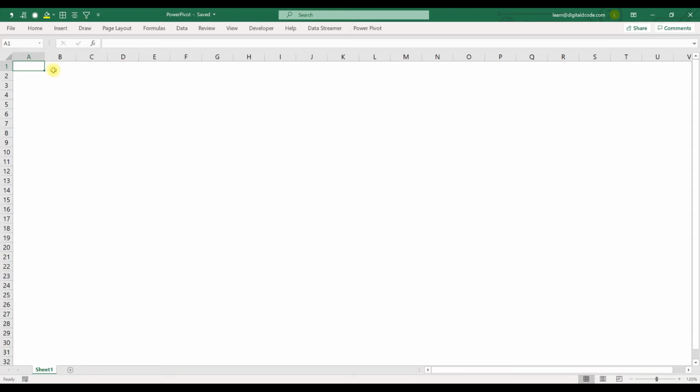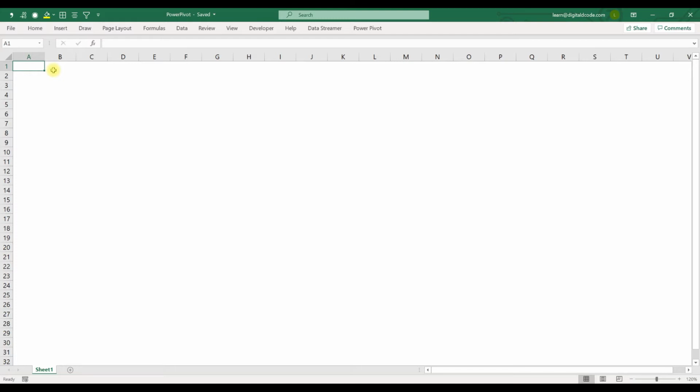Also in Power Pivot, we have DAX calculation. Using DAX, you can do advanced calculations, but in pivot table it's not possible, so we can do only basic calculations. Using Power Pivot, you can do data massage. On top of your data, you can add formulas, you can bring in additional columns. Also, if you want to make any calculation with your data, that is also possible in Power Pivot.